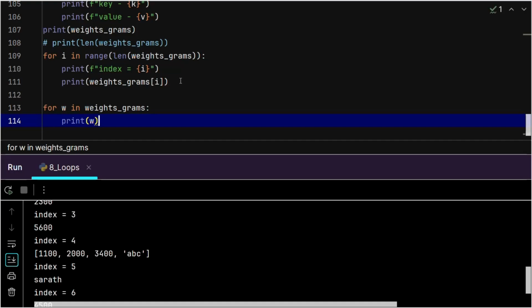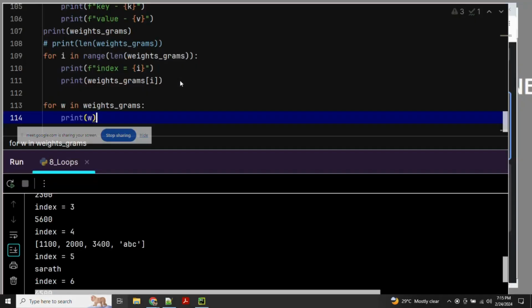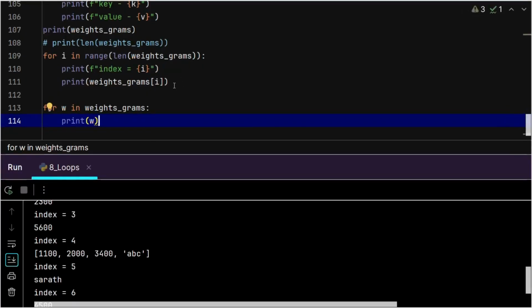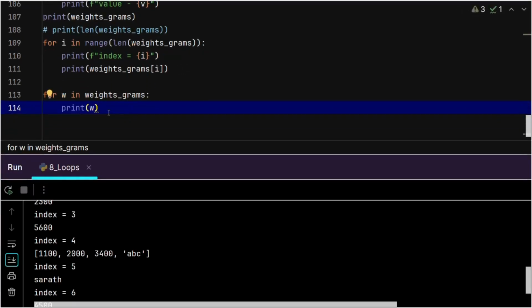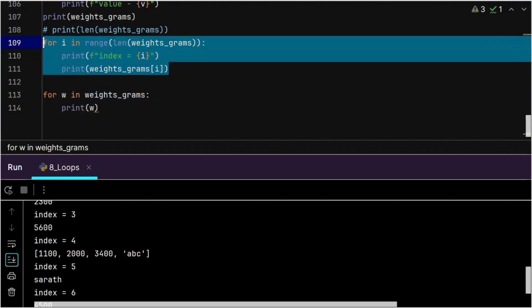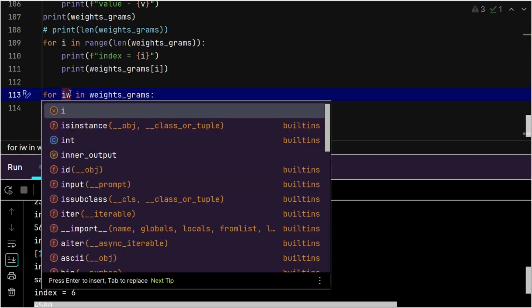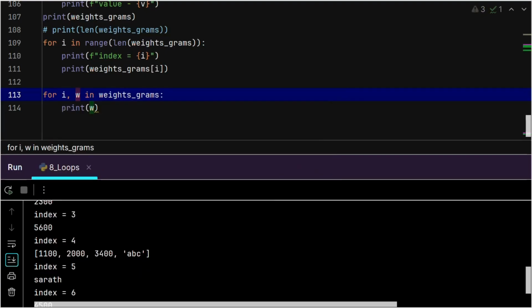In this for loop, we get item. In this for loop, we get index. For some reason, if you want both the index as well as the item, where i represents index and w represents value, whatever list you are having,